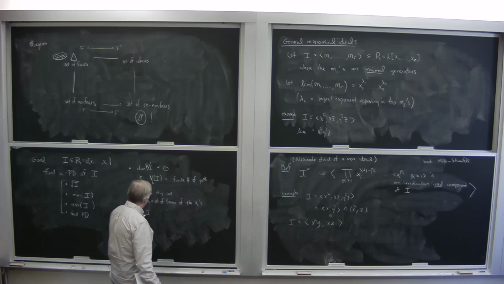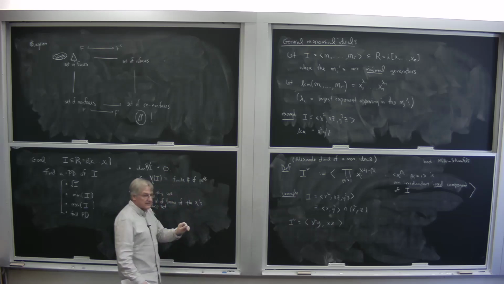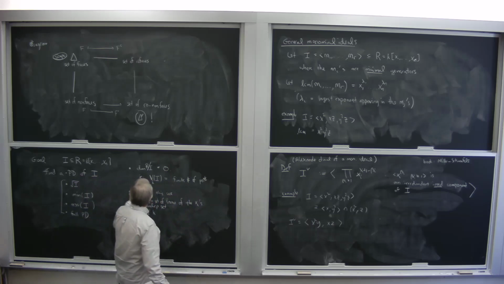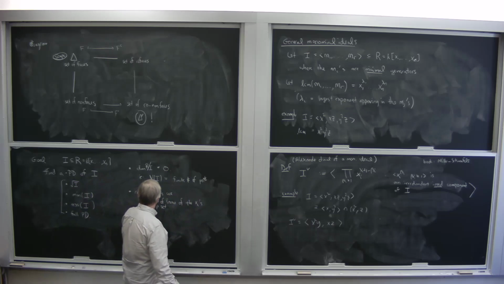I can think of my ideal I, and suppose it's an independent set. This algebraically independent set, which is problem 2 on the thing. Okay, but this is for an arbitrary ideal, not a monomial ideal. So if it's an independent set of I, mod I,